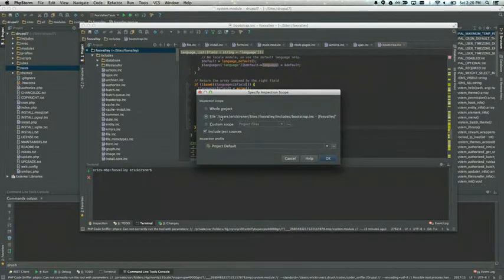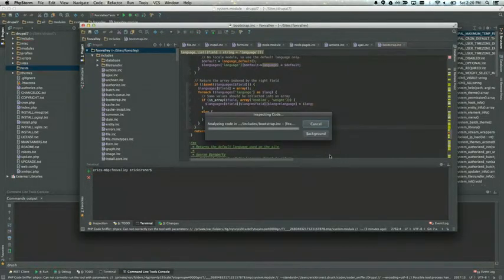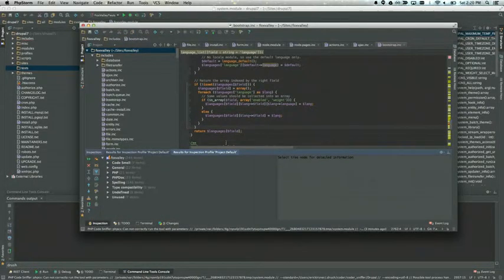If this was attached to Git, one of the options would be only uncommitted files, or the current file, the whole project, or you could do a folder. So now it's analyzing the code, and it's giving me all of these things that are wrong with it. Unused: with Drupal, you'll actually find quite a bit of unused variables.